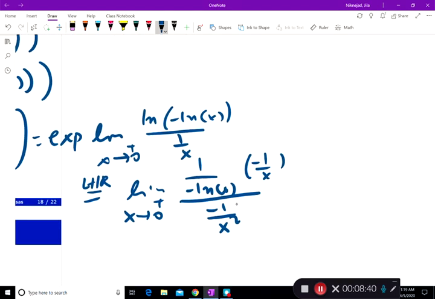Now, after simplifying, because I don't want to do another L'Hopital's rule with a lot of functions sitting there, I simplify it one more time, and what I end up with is x over